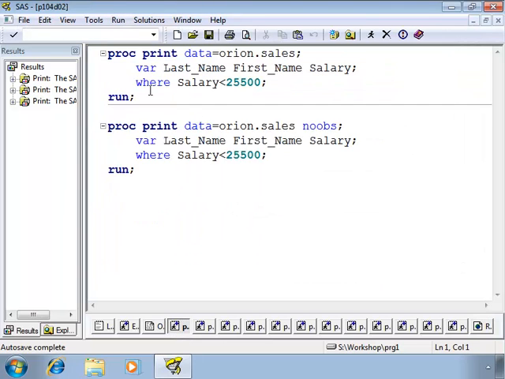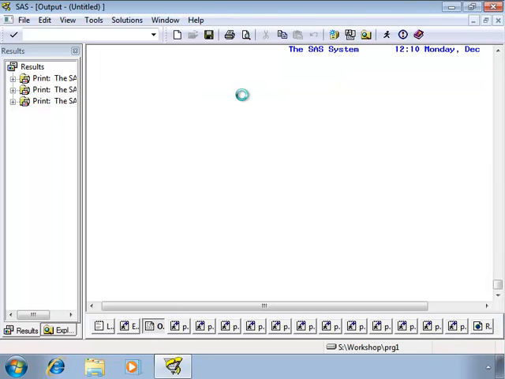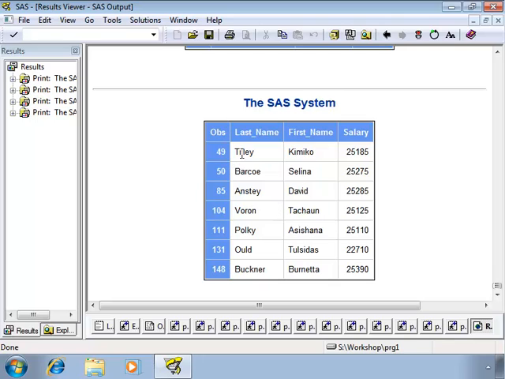Now we will put some criteria to limit the number of observations. Earlier we limited the number of variables. Now we will limit the number of observations. So we put a criteria where salary is less than 25,500. Let's go ahead and run this program, and we haven't used any option along with it. When we run this program, we see we get only 7 observations with the 3 variables, because these are